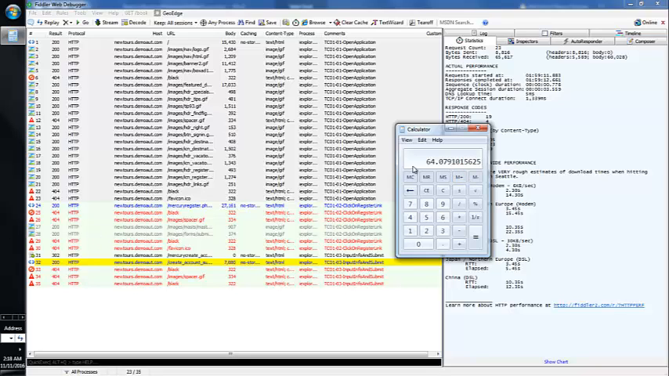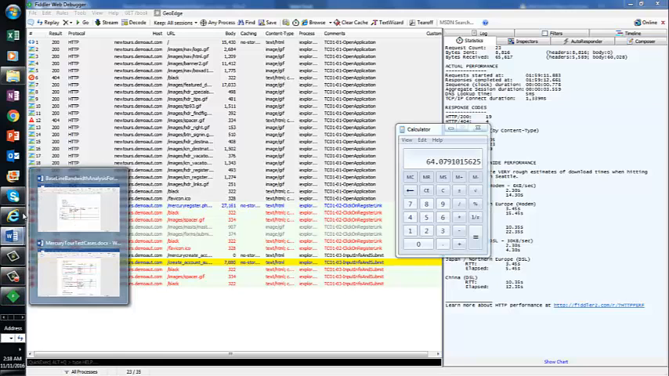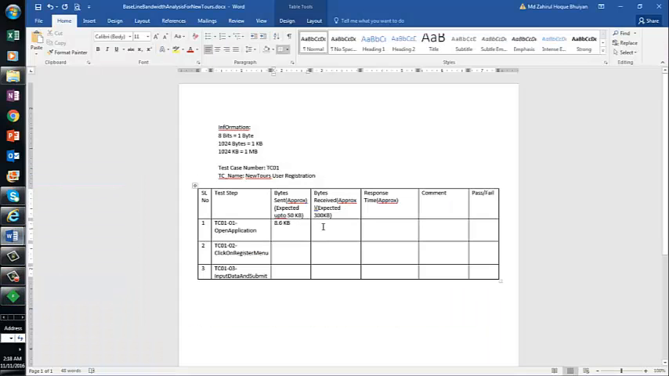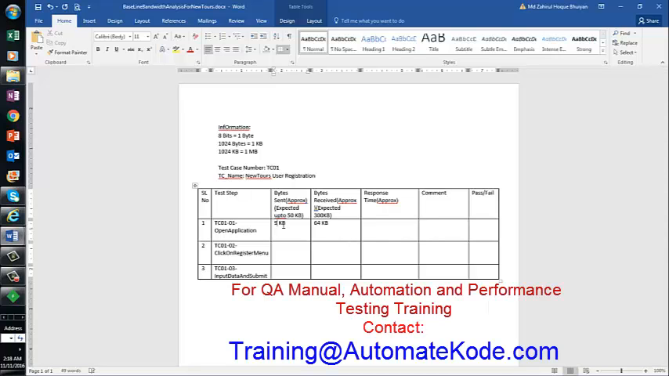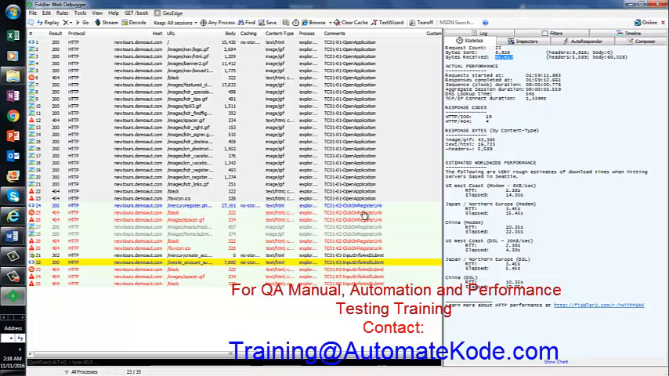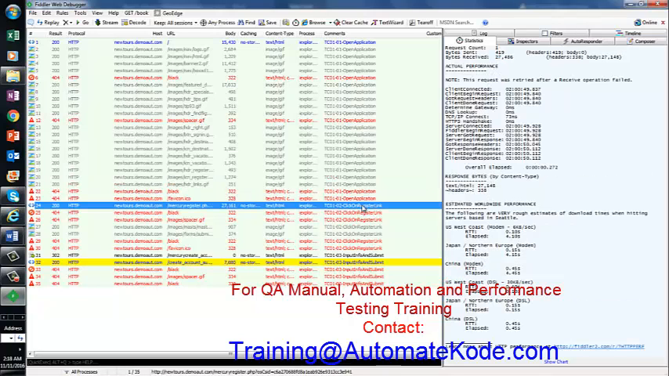64, I will keep it, I will not take the fractional 64, I will say 64 kilobyte. Now if I come here, it will be 64 kilobyte, and that one is 8.6, that means I'll make it 9. And then for click on register menu, if you go to your Fiddler, click on register menu or link,